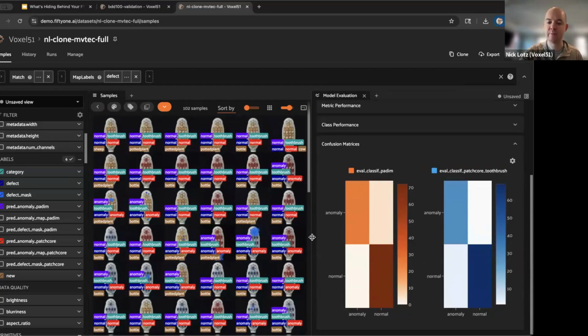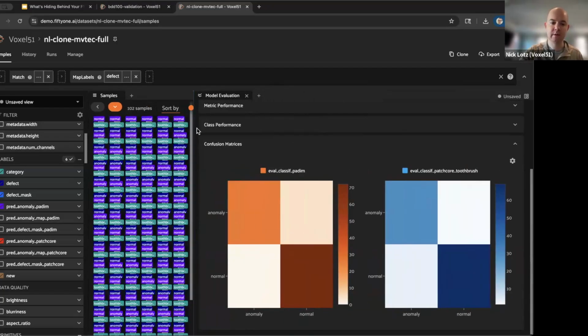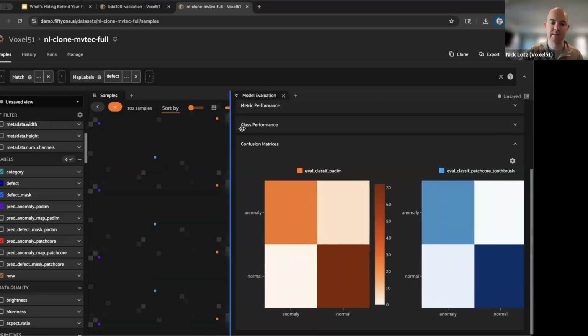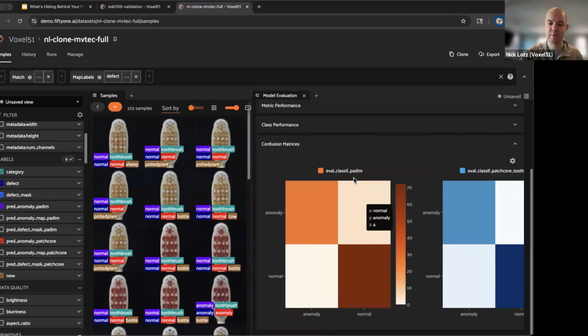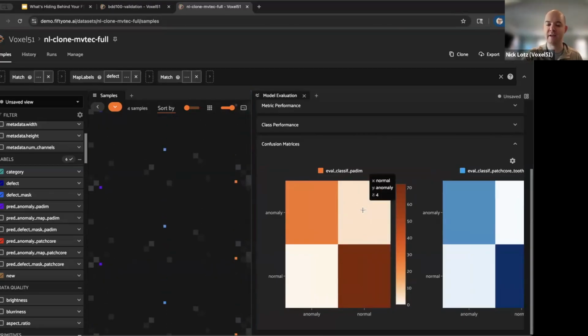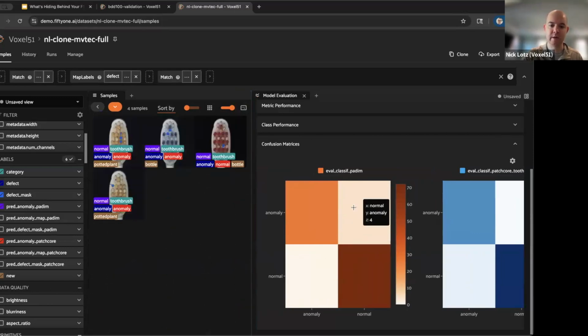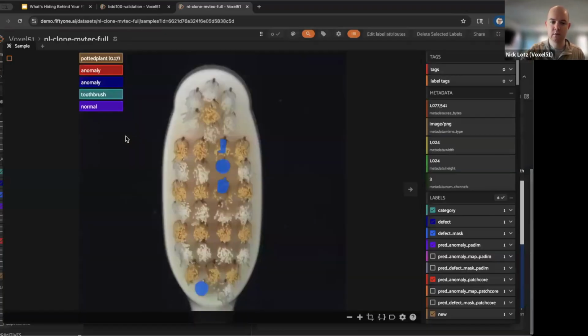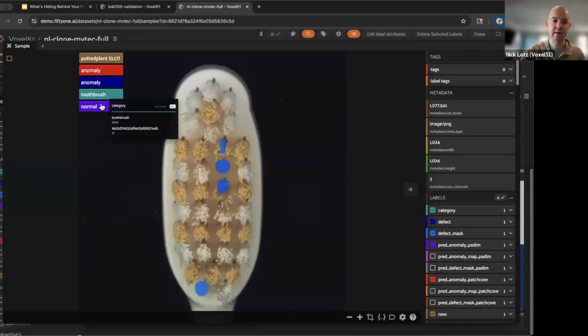We can also look at confusion matrices. So we can see where the model confused false negatives and false positives. Let me do this here. So for example, for the PADIM model, where the model confused normal and defective samples, and we can root out false negatives and false positives. So here, if I click on one of these examples, we can see that, let me get this straight. Okay, yeah, we can see that